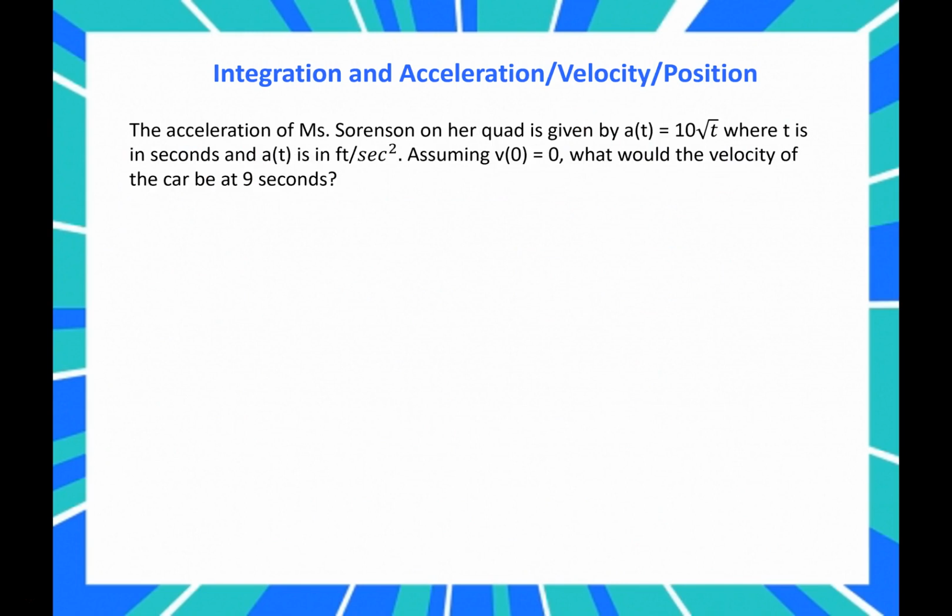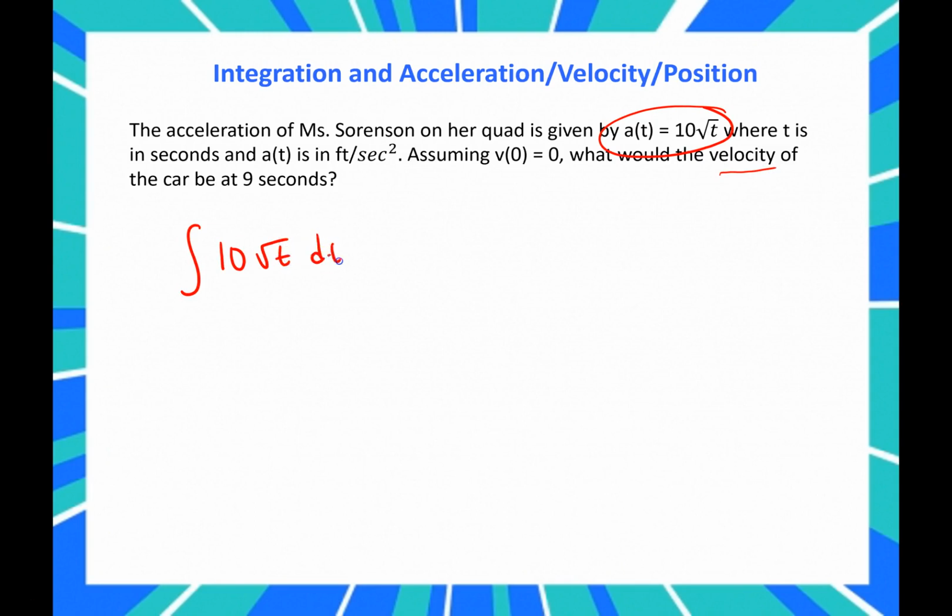All right, next problem says the acceleration of Miss Sorensen on her quad is given by a(t) = 10 square root t, where t is in seconds and a(t) is in feet per second squared. Assuming velocity of 0 equals 0, what's the velocity of the car at 9 seconds? Okay, well, we're given acceleration and we want to get to velocity, so we're going to integrate